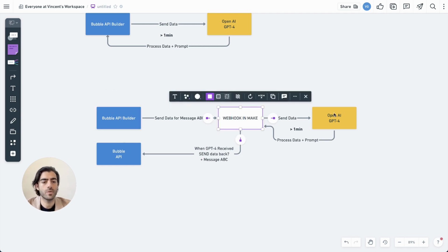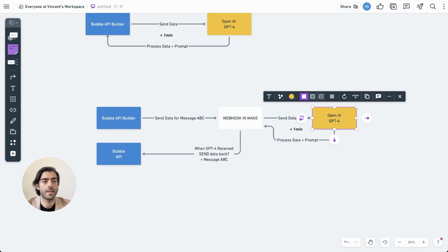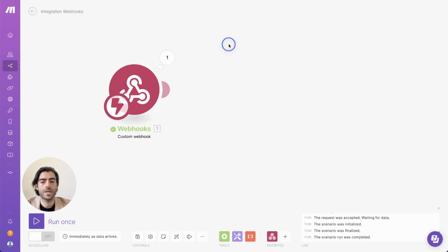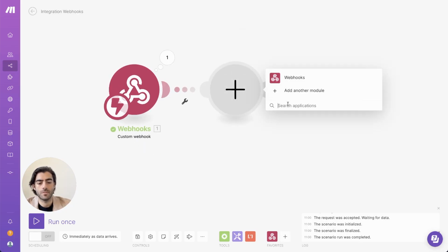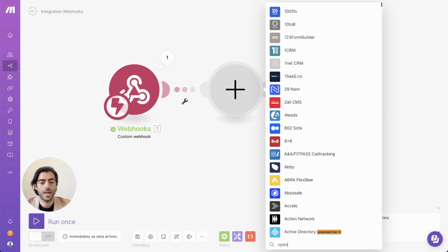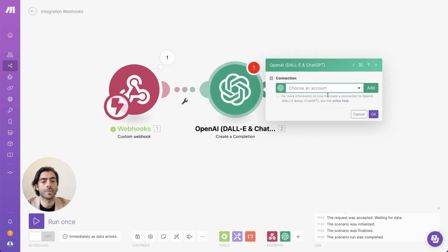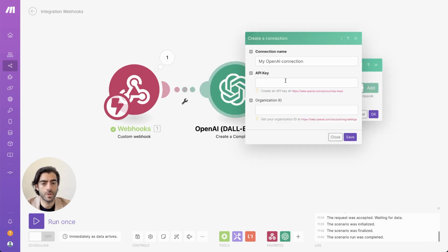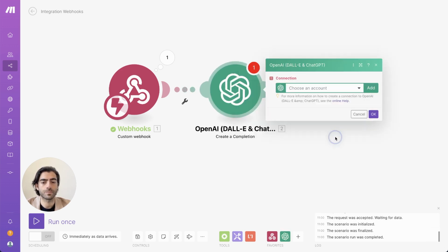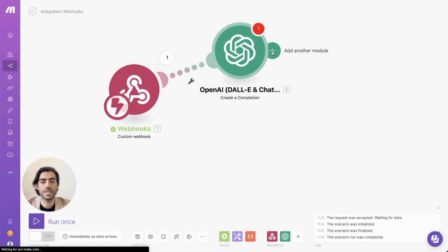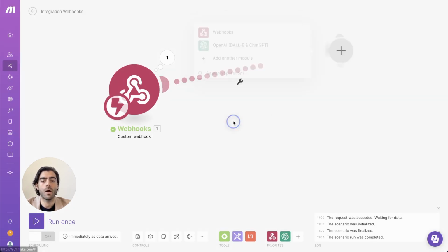So now we're going to do the call to the OpenAI via this platform. There's a couple of ways you can do it. You can do the basically OpenAI, I think is one here, OpenAI basically already working. So if you're not that advanced in their API, you can just do that, create a completion and just use your account in there, so API keys. Or you could also just decide, you know what, I'm going to make my own API call,